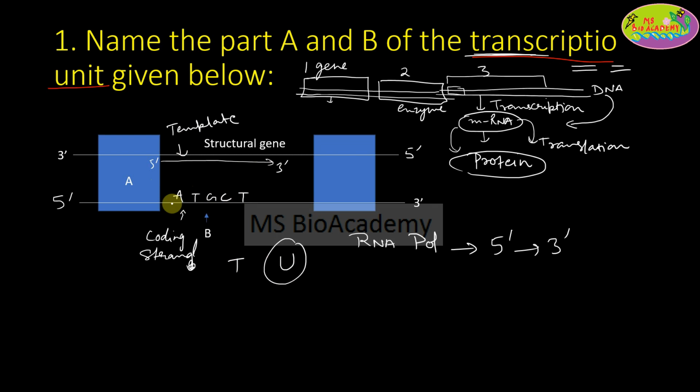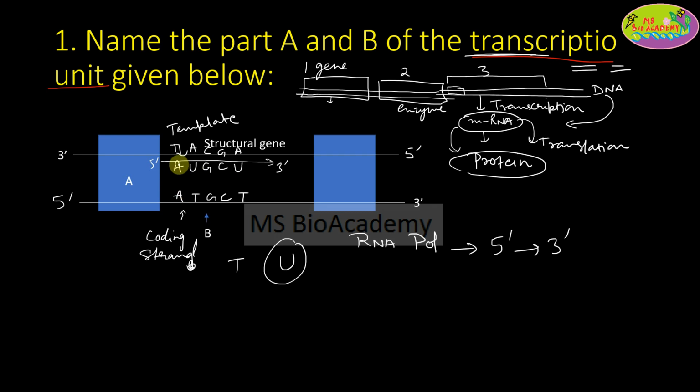Okay, so let's first write down the template strand sequence also. Since it is A, here it will be thymine, since T, A, then C, then G, and again A, right? So the mRNA which is going to be formed here will be: opposite thymine will be adenine, adenine opposite will be uracil, since thymine is not present in the RNA. Then complementary to cytosine is guanine, guanine complementary cytosine, adenine is complementary again uracil.